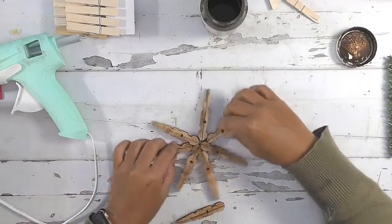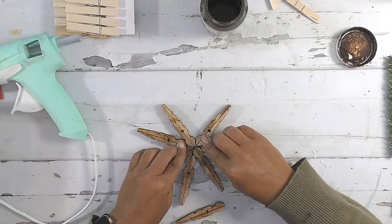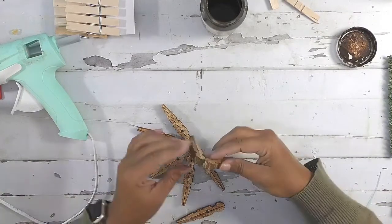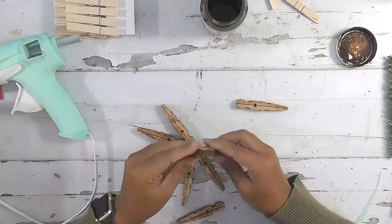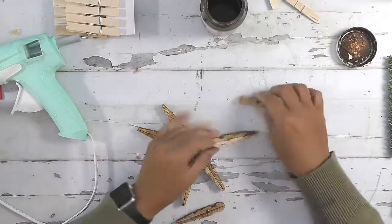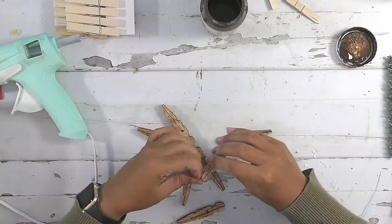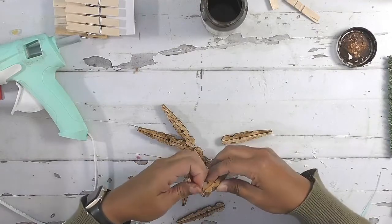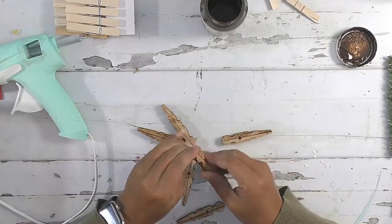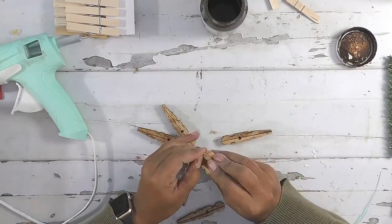Oh, I might not be dry enough here. It's not sticking, and it popped off there. Maybe I should have put it together all the way. Let's try some different glue. Let's see if we can get this stuck. My wax is still a little damp, which is causing